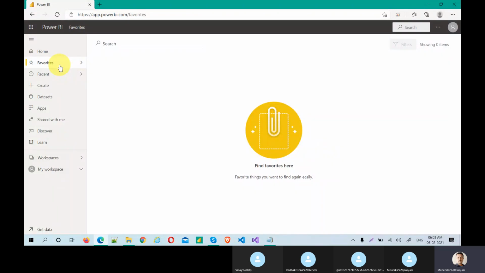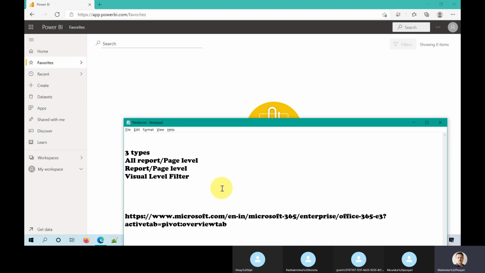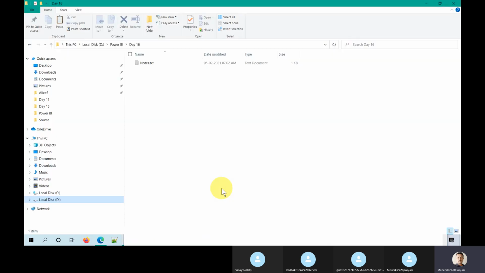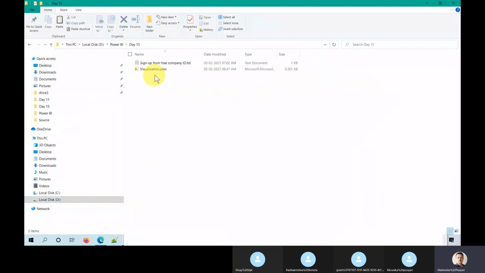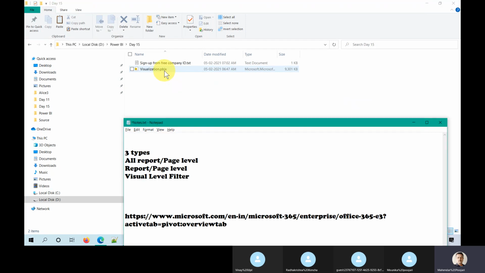A PBIX file can be divided into majorly two parts. Let's say we have created one PBIX file on the 15th day. Here, Visualization is a name, and .PBIX is a file type. That file is basically divided: when you publish, you will see one file become two.